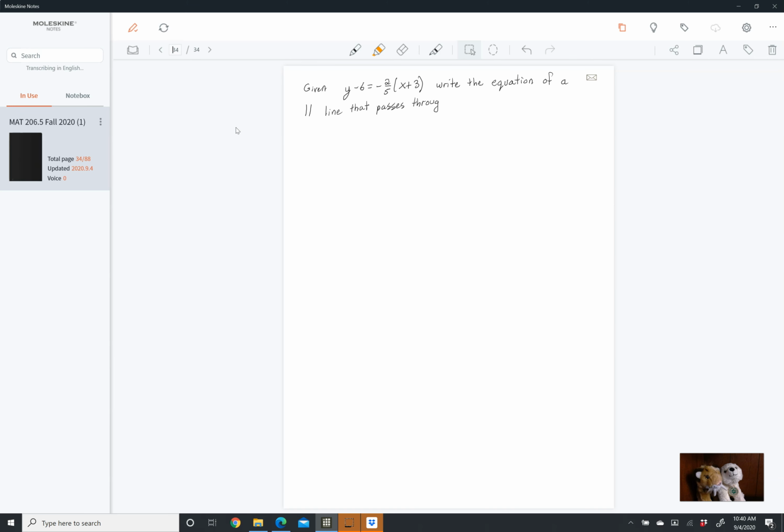This time we'll say that it passes through the point (3, -2). And we'll add an extra piece. We'll say and put in standard form, so you get a little bit more practice with that. And nothing changes here, okay? We have the point, so we know that we're going to be starting in point slope form, and we just need to find the slope. So the slope of our line